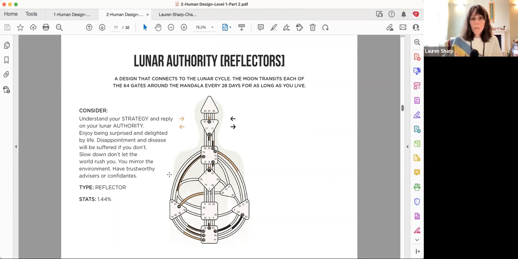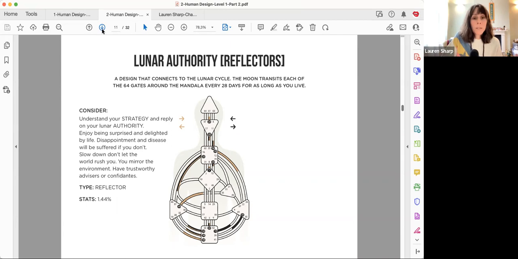If you come across a reflector, if you have a reflector in your family, or as a client that you're working with, learn more about reflectors. Encourage them to look into human design and actually understand themselves, because the more they understand how they work, because they are so different to everybody else, it's so important for them to trust that they are completely different, and they need to work on their own cycle and movement.